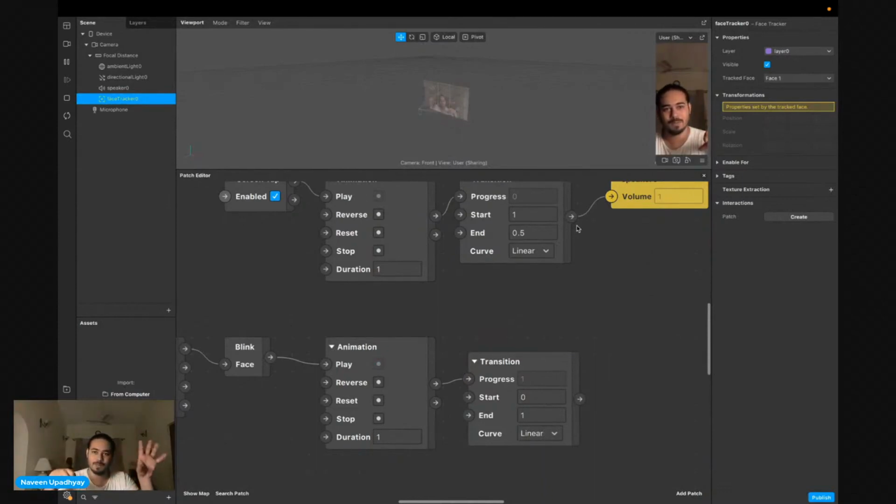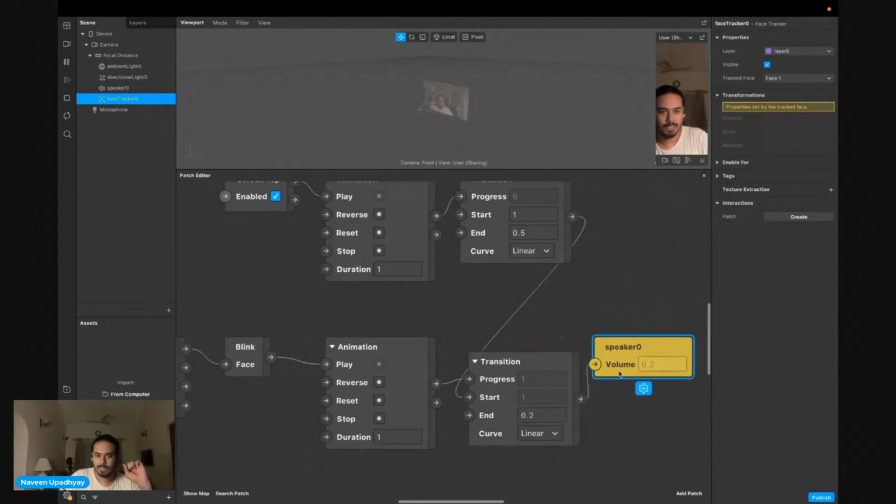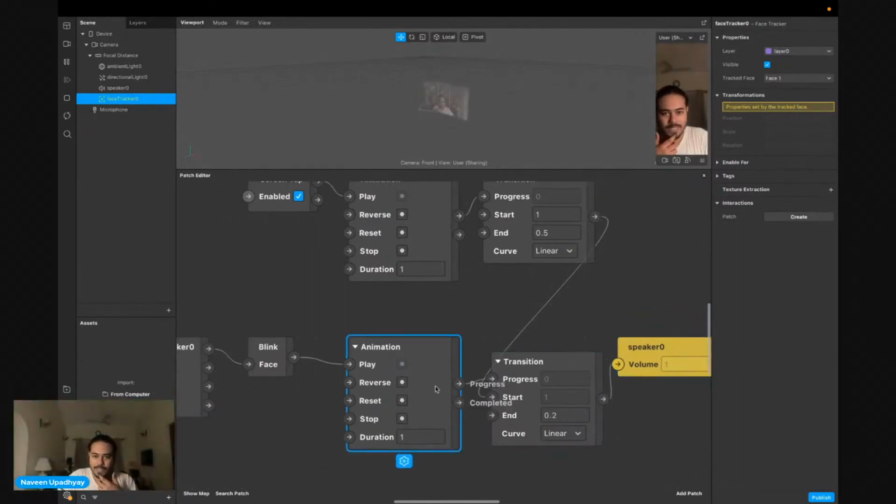If my last value was 0.5, and if I go from 1 to let's say 0.2, then it's going to be louder and then come back. So it's better to use the final value that I got from here, and then I'm going to go for 0.2, and connect this to my volume. Then you'll see that if I refresh it, the initial value is 1 because this animation hasn't been triggered.